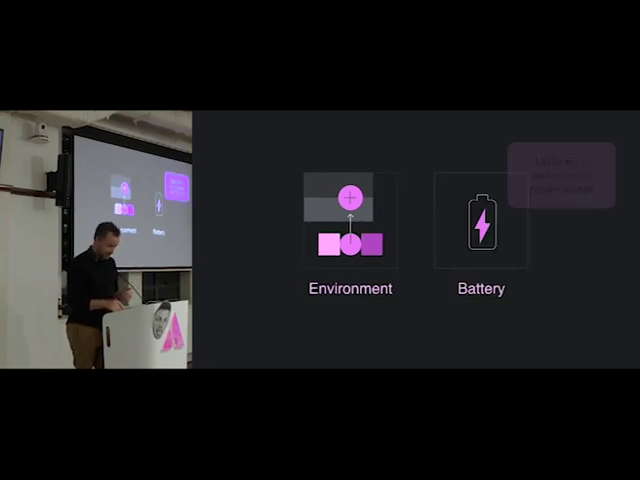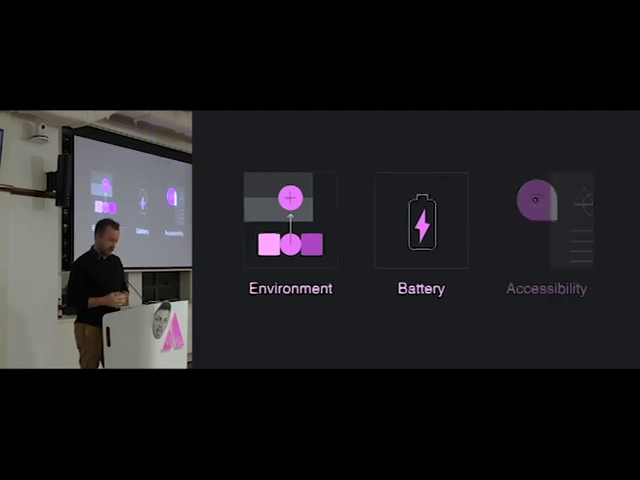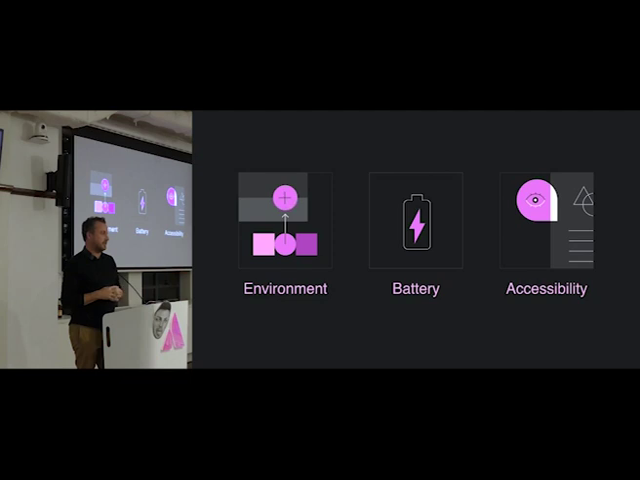Battery. There's an animation here. Here we go. So Google, in their analysis of using dark mode on a device, can see up to 60% battery savings, which is pretty significant. So dark mode is great for extending battery life. And accessibility. So obviously high contrast displays and color schemes are great for accessibility reasons as well. So those are three really good ideas of why you might want to do dark